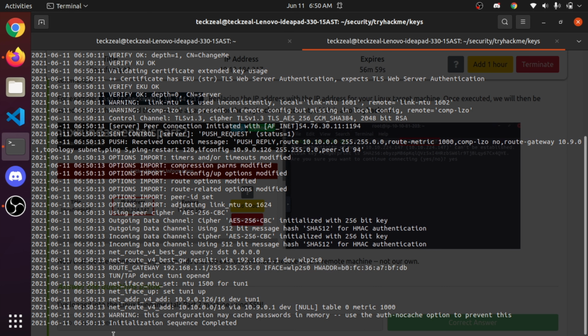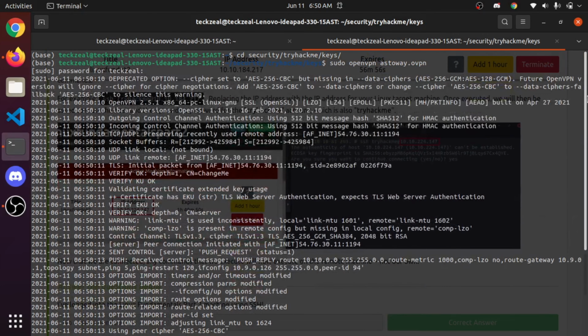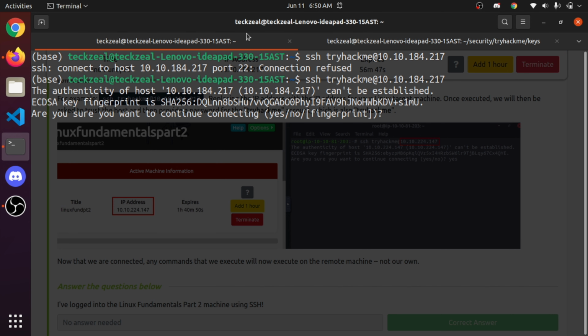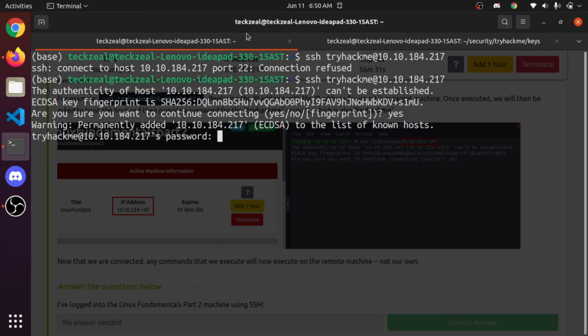Yeah, the sequence was completed. With this only we can access. Without this OpenVPN we cannot access the server. In the previous session we already saw that. So let me check now. Yeah, it's connecting. Now the password is being asked. So the password, as we saw, is tryhackme.